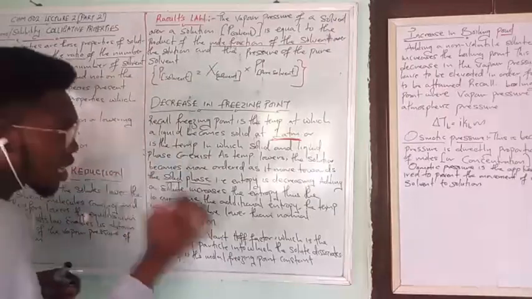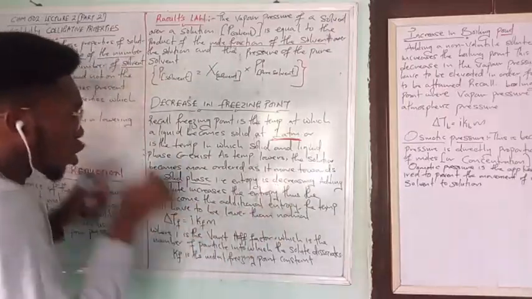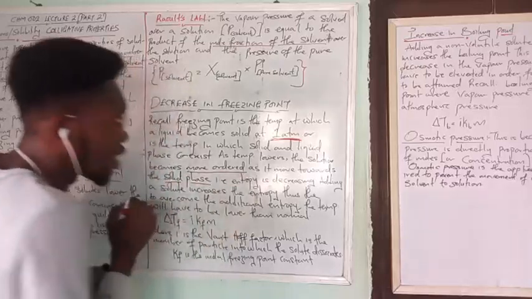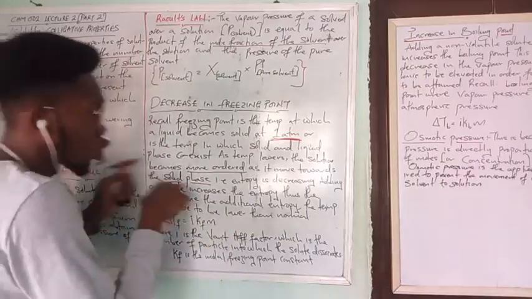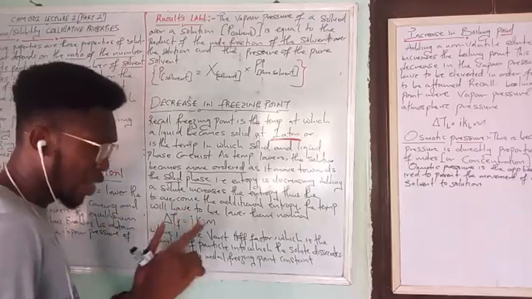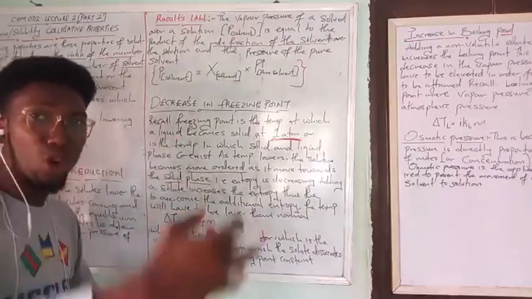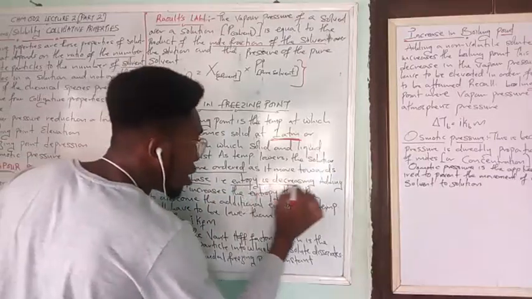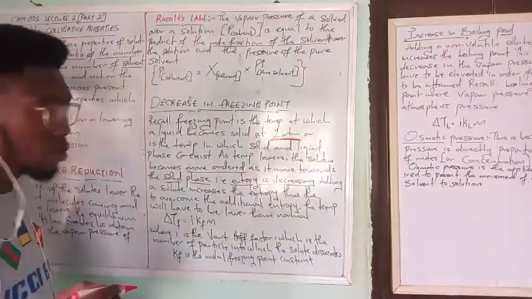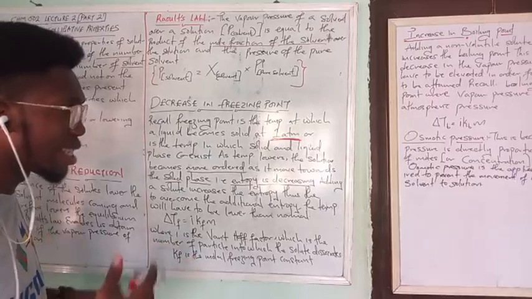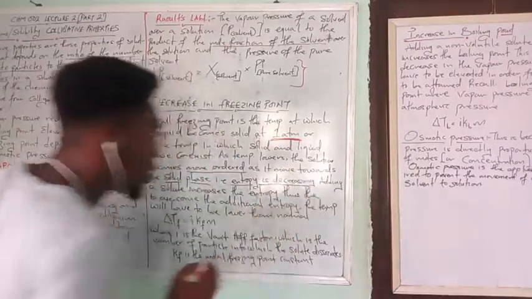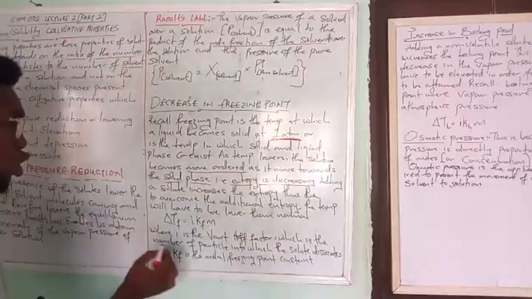Now, as that temperature is lowering, something is happening. The molecules are becoming more ordered because they are trying to become solid. And when you say they are becoming more ordered, note that entropy means disorderliness. That means that entropy is decreasing. It means that entropy is what? Decreasing. Now, since entropy is decreasing, when you add a solid,